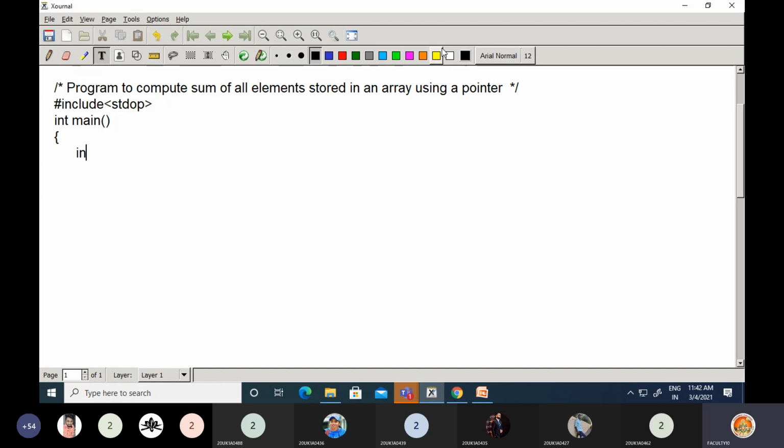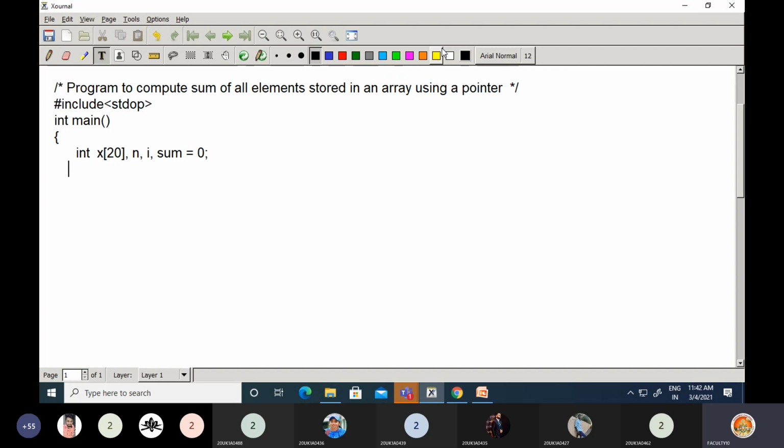Here what I do is I declare an array, of some size. You can declare 20 as the maximum number of elements, but you are not going to use 20 elements. The actual number of elements in the array will be caught in n here. Similarly, to access array elements we require a loop control variable, and sum you need to find out. So declare a variable sum and initialize it to 0.